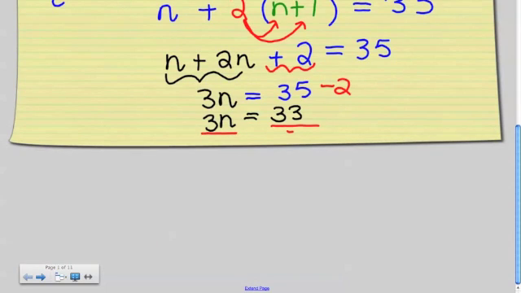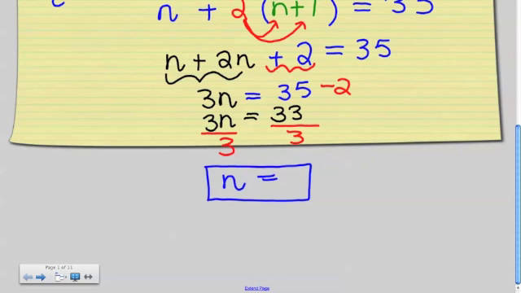Divide both sides by 3, which gives me a total value for n. What is 33 divided by 3? Can someone tell me? Yep, Avina? 11. N is equal to 11. So that means that n plus 1, which is going to be the larger integer, is going to be equal to 12. So whenever you are given a word problem, it's extremely important that you have a written statement as your final answer. Without the written statement, you're going to be losing a mark on your test,